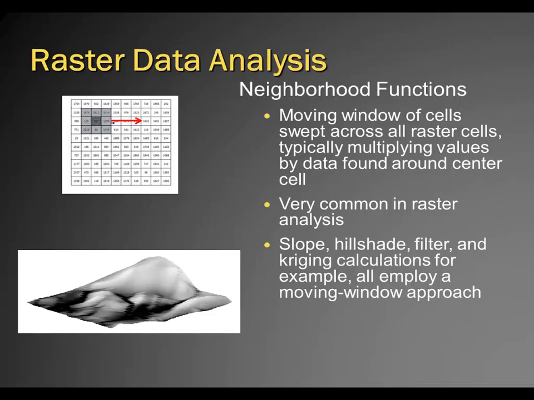Now, how this analysis happens in raster that isn't a simple adding together or multiplying one raster, one checkerboard by the other checkerboard, is that we use a concept of moving window. So there's this window, if you will, that sweeps across the entire raster surface, starting from the upper left, sweeping to the right, and then sweeping back and forth, this moving window. And as that moving window moves across, it performs operations. It can group them, it can take the average, take the mean, so on. And this is used for calculating the slope or hillshade, doing a series of calculations that are derived from this